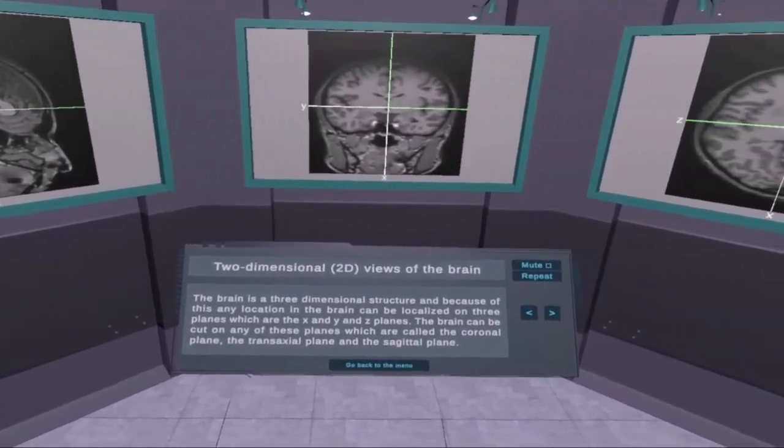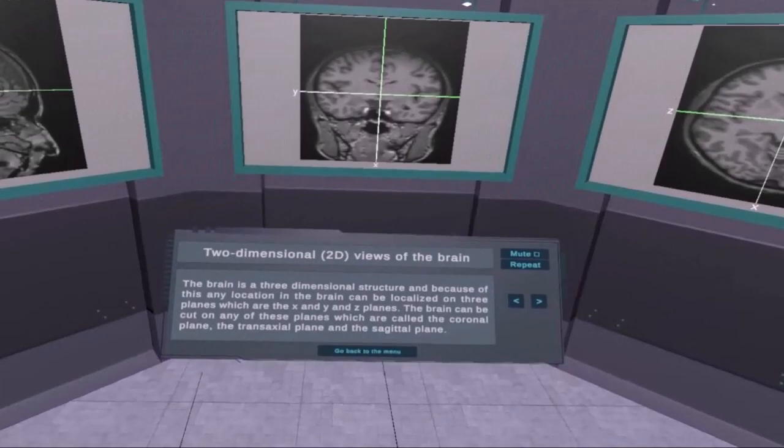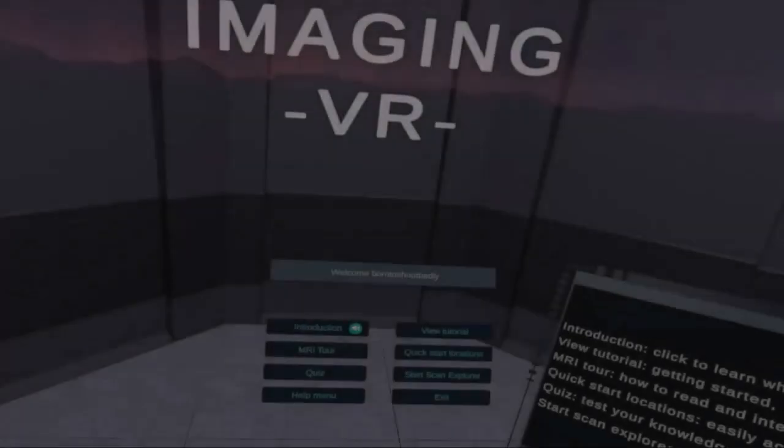The brain is a three-dimensional structure, and because of this, any location in the brain can be